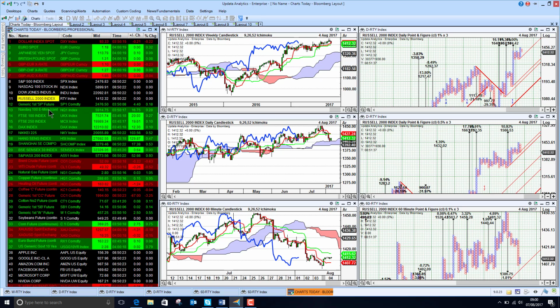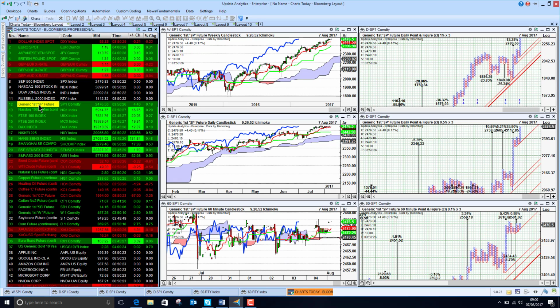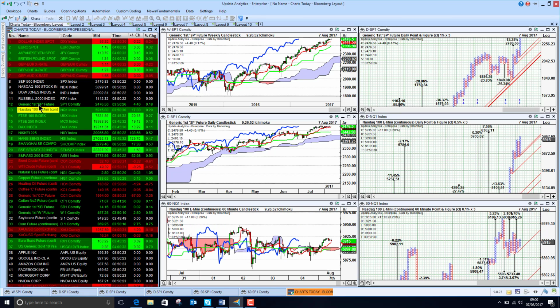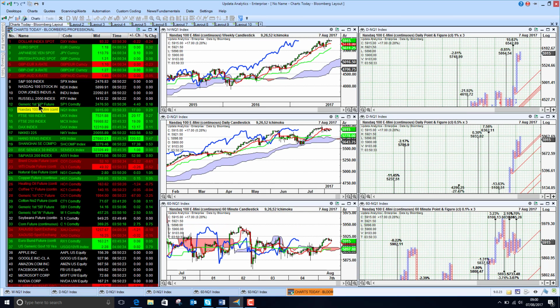So just does give us some concerns on the breadth of market. That's 2,000 stocks in the US. So the smaller caps not quite keeping up with the big caps. Looking at the S&P future, it's up 0.2% this morning, and the Nasdaq E-mini up 0.3%. So does look still fairly strong.